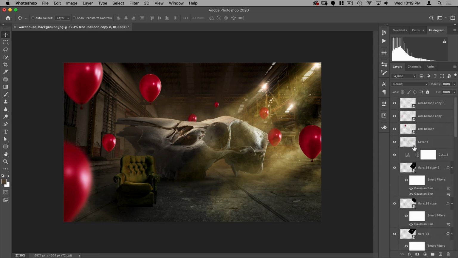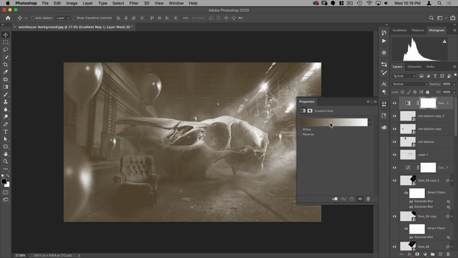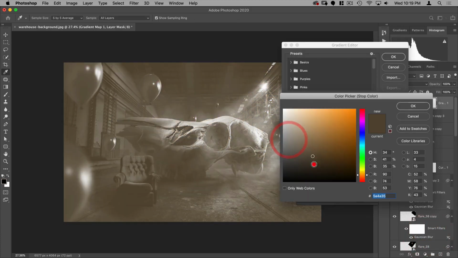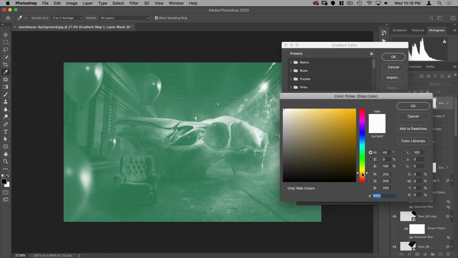And what I want to do next is color grade the image. So to do that, the first thing I'm going to do is add a gradient map. And I want this gradient map to go from kind of a turquoisey green color, something like this. And on this end, I want it to be kind of an orangey color.